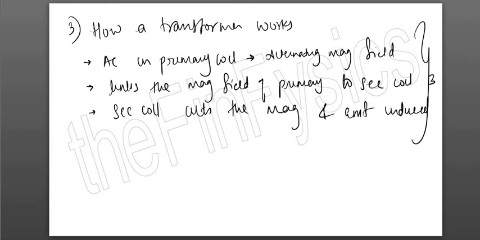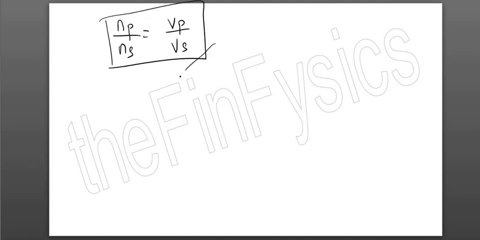Then there are 2 formulas associated with transformers. The first formula is with respect to the number of turns. Then the formula is number of turns of primary upon number of turns of secondary is equal to voltage in primary upon voltage in secondary. Okay, second is with respect to voltage and current. Then the formula is we consider transformers to be 100% efficient. Okay, this is one assumption that we make. Sometimes they ask you what assumption are you making, so you write down that the transformer is 100% efficient, so there is no power loss.